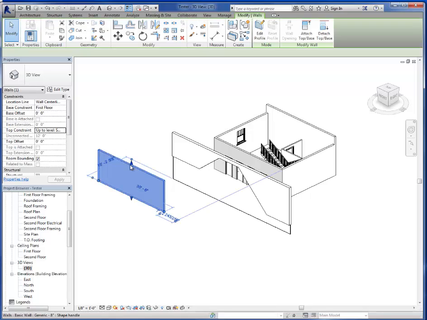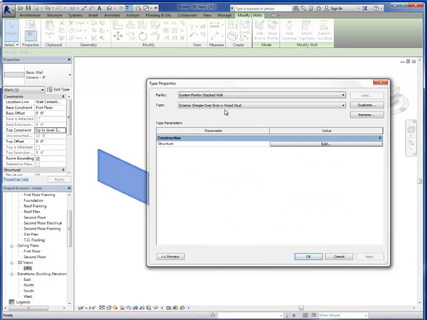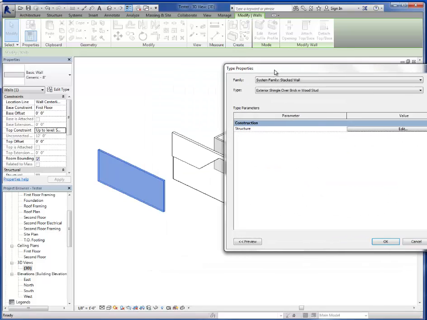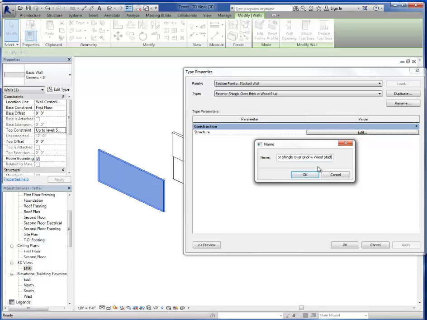We can come in here and edit the type here, and instead of a basic wall, I'm going to create a stacked wall here. And what we can do is, I'm just going to go ahead and duplicate this. You never want to edit your original. You hit OK, and then whatever you're planning on doing, make sure whatever company you work for will have some kind of naming convention for your different stack walls. But I'll just call this exterior stack